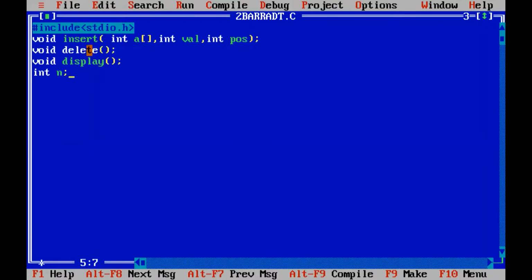Otherwise, if we make it a local variable, what will happen? Nirma, can you tell me what will happen if I declare n as a local variable? Only within that function it can be accessed, right? If I declare n in main, the value will be retained only in main.